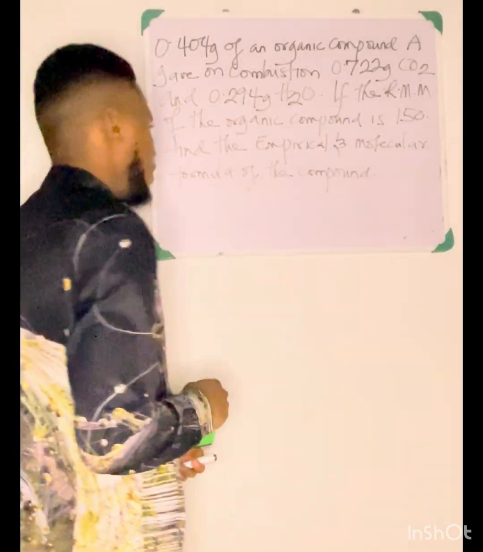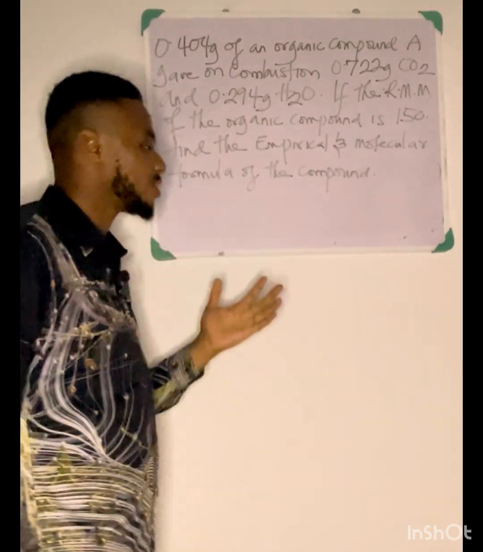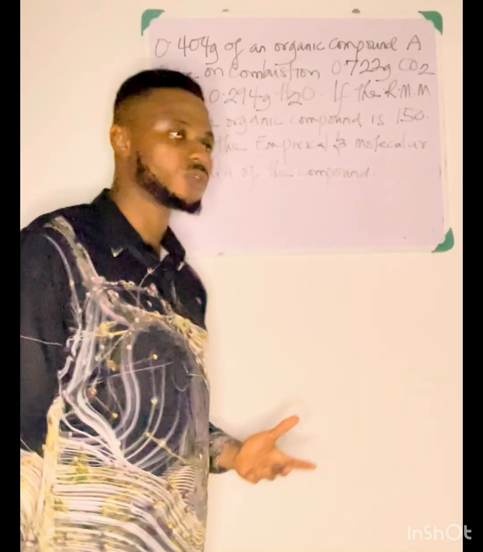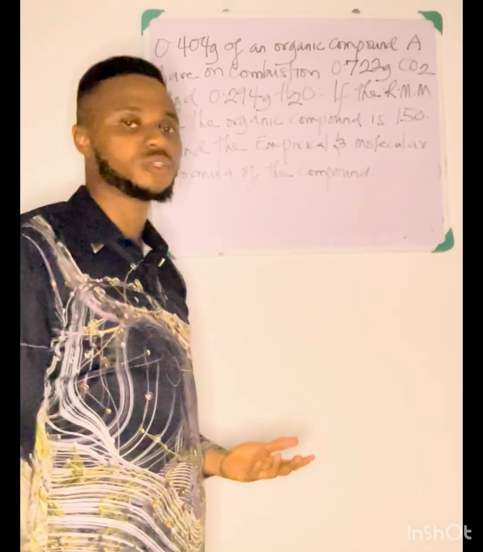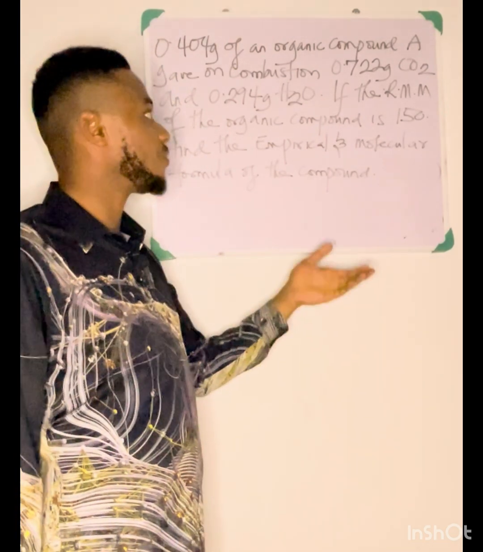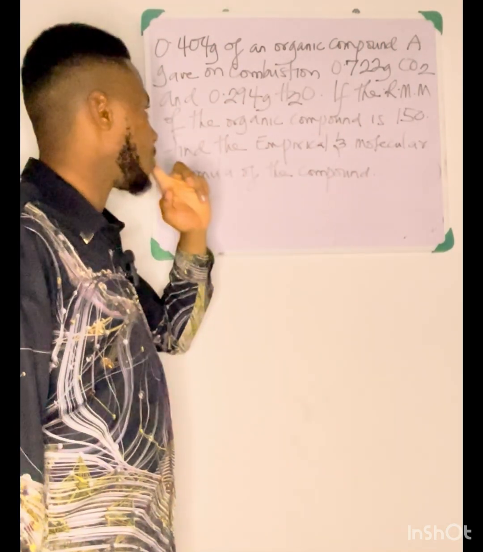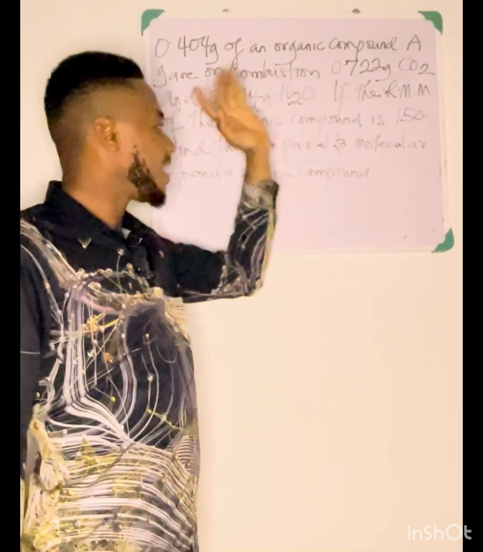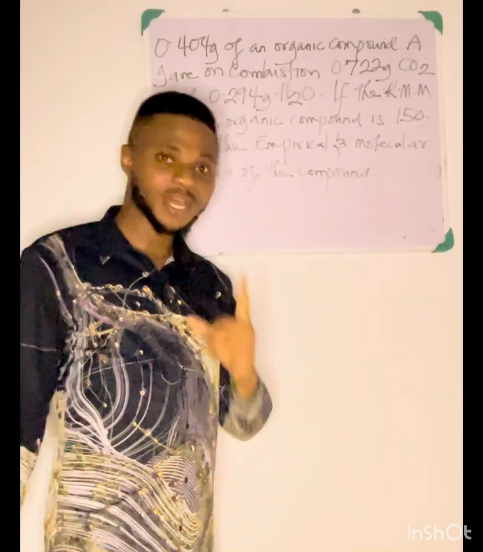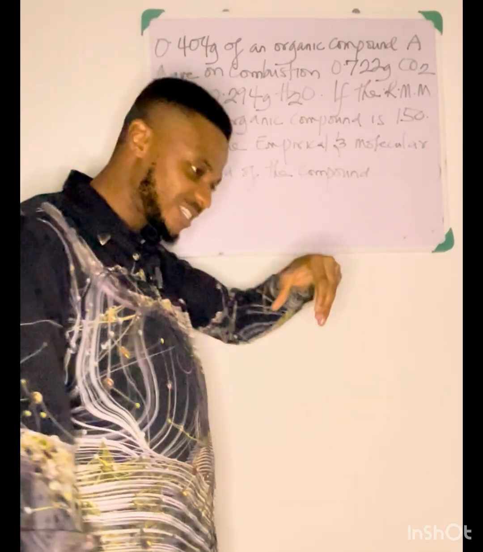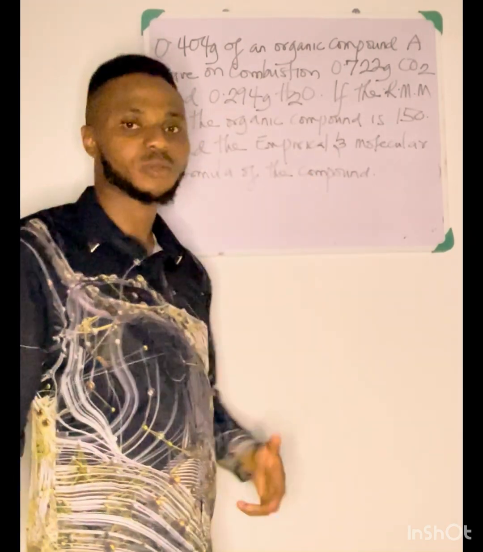All right, so let's solve this first. Now, if you look at this particular question, you realize that unlike normal empirical and molecular formula questions, where you'll be given either the mass of the elements or their percentage composition, here you're not given the mass of the elements, rather, you're given the mass of compounds. Now, look at it very well. You realize that the elements that are here are carbon, oxygen, and hydrogen. How do we now get the mass of carbon, the mass of oxygen, the mass of hydrogen from these compounds? How do we do that?